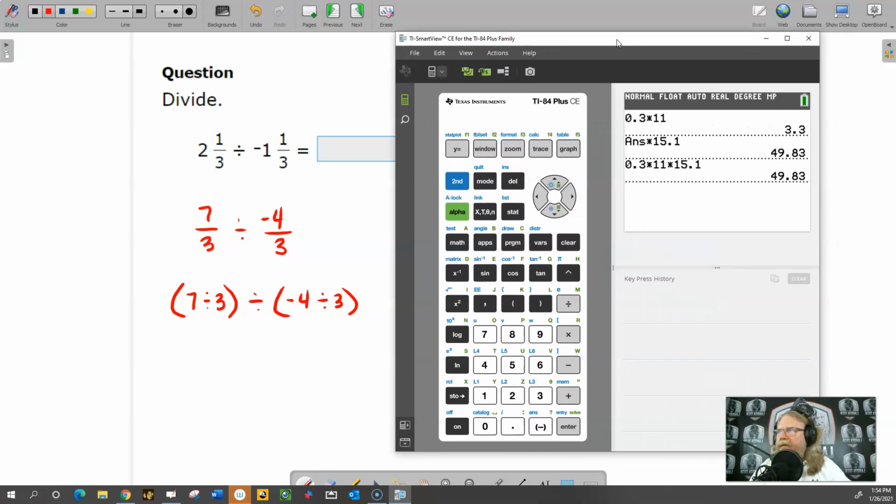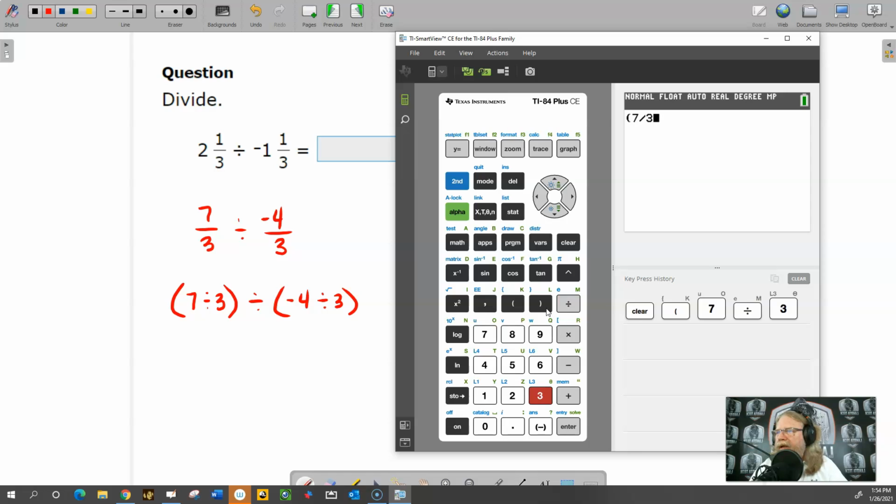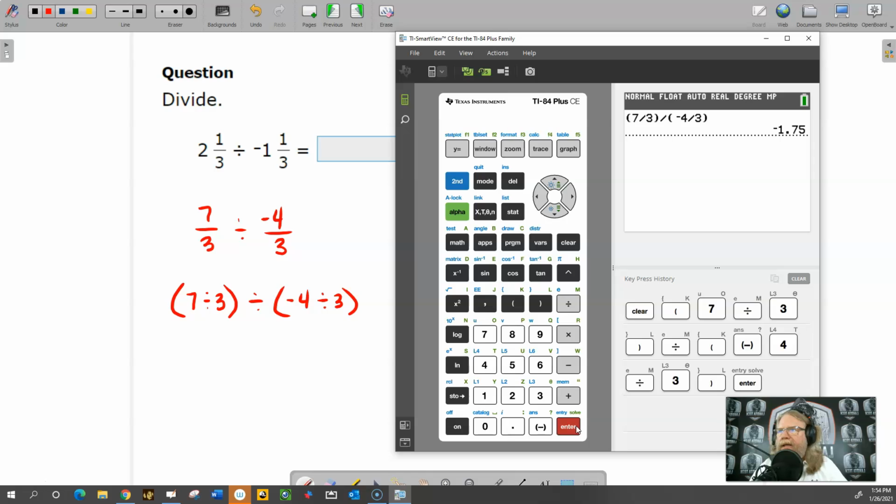Now, you might be like, well, calculator's cheating, but you at least have to know how to convert mixed numbers over to improper fractions, right? So you create your improper fractions here. Let's use a parenthesis here. Do 7 divided by 3, parenthesis. And then we're going to divide that, and then put the -4. The negative sign is down here by the decimal, at the very bottom. The negative sign is different than a subtraction sign. If you have a negative number, be sure to use the negative sign. So -4 divided by 3, close parentheses. We hit enter, and we get